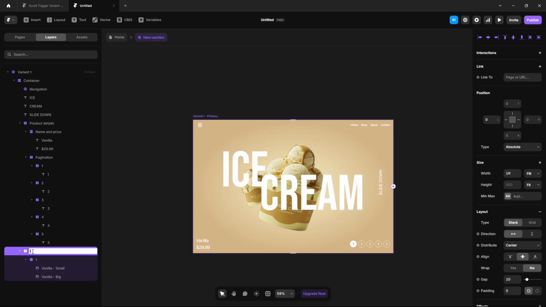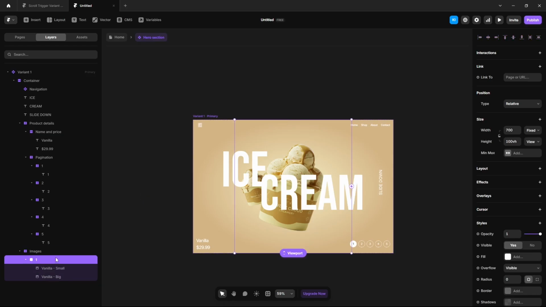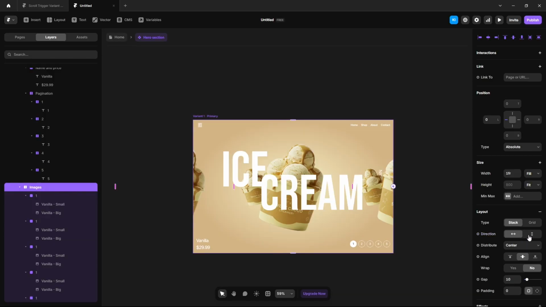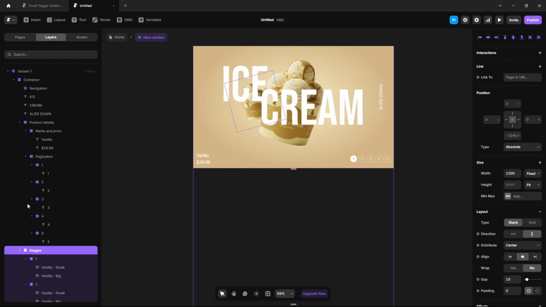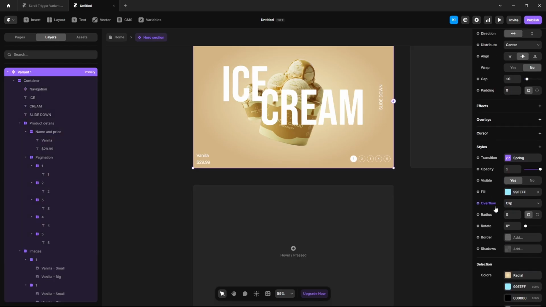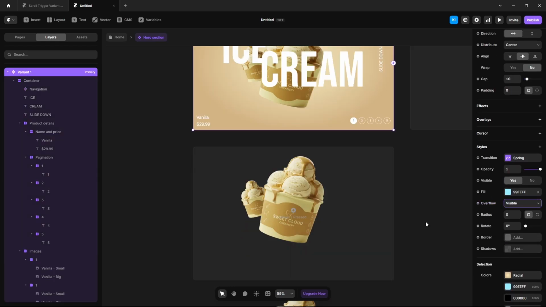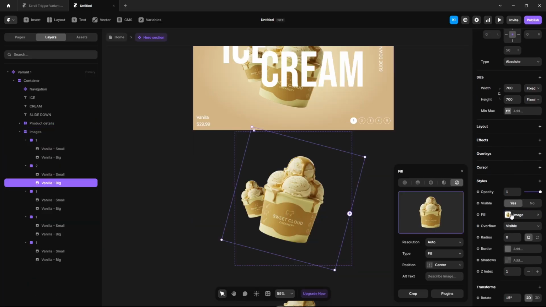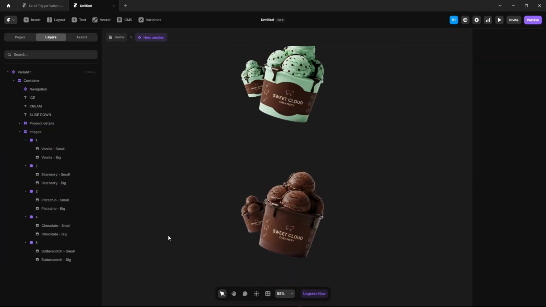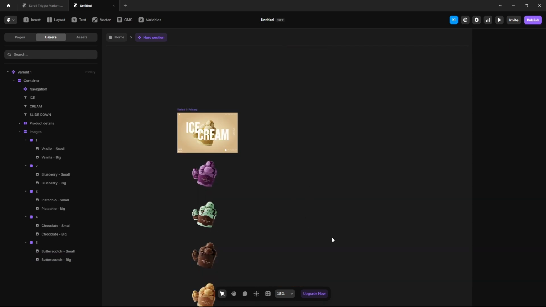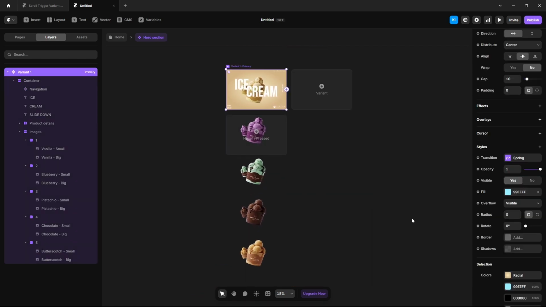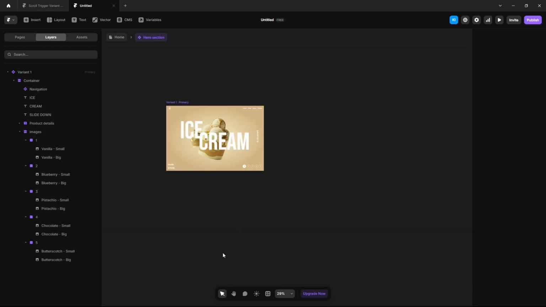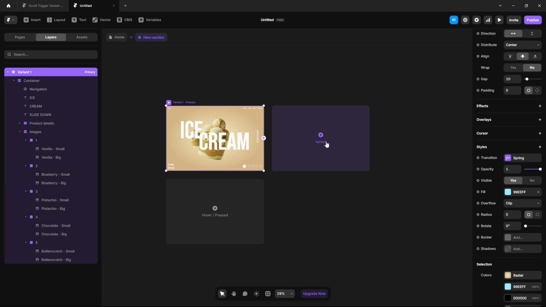name it images, duplicate this 4 more times, select it, direction vertical, unpin it, align it top, and then click this variant 1, scroll down, overflow visible. Now let's update the images, collapse it, alright. Now we can set the overflow to clip again. Next up, create 4 more variants, click here, then click this plus to create a variant,